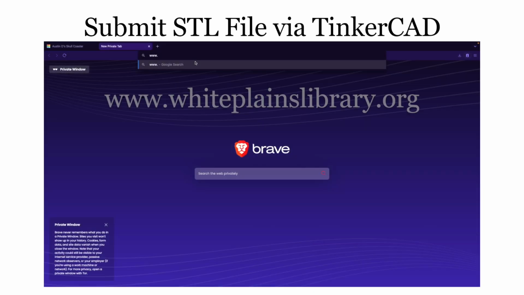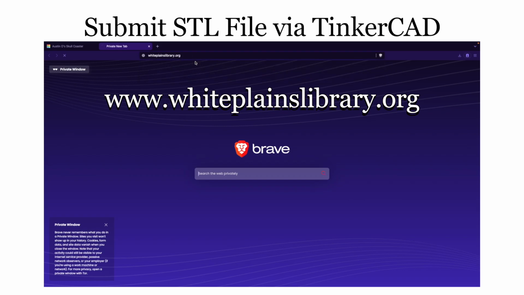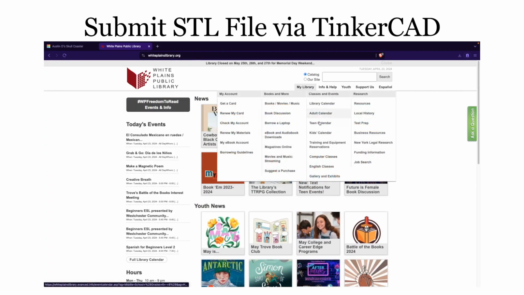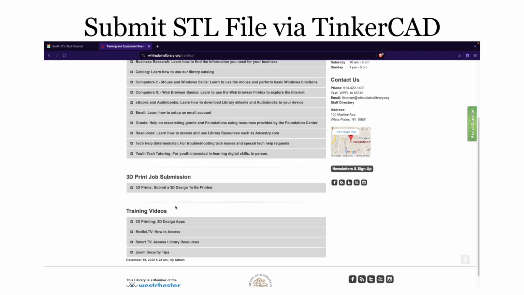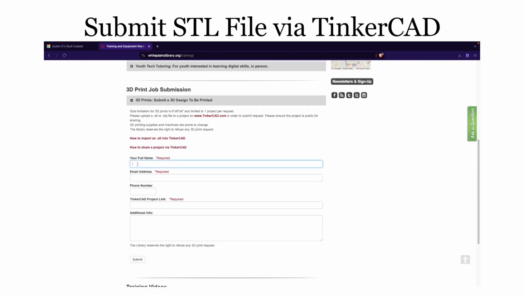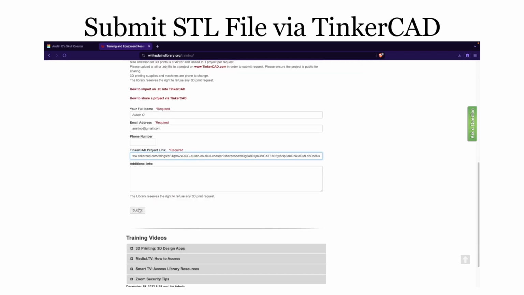The 3D print submission page is on our library website, www.whiteplainslibrary.org, under My Library and Training and Equipment Reservations. You open the 3D print job submission panel and fill out the name and email address fields, as well as pasting in your public TinkerCAD project link. Once you're ready, you go ahead and hit Submit,